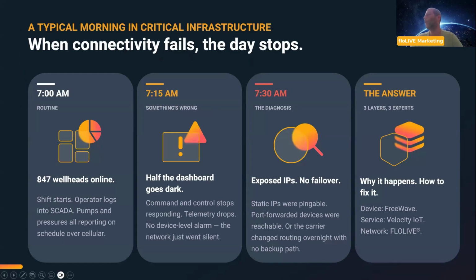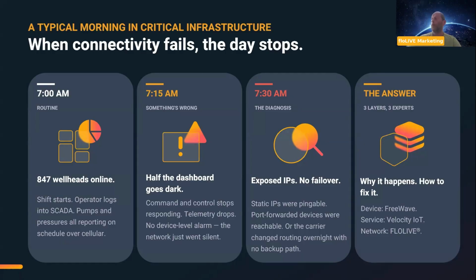How does it look? It starts like any normal day. You wake up, check your dashboard, and everything looks okay. Then suddenly, 10, 15 minutes later, something pops up, you get a lot of alerts on your dashboard, and you start to run and find out what's going on.